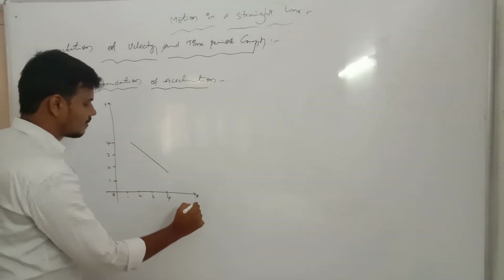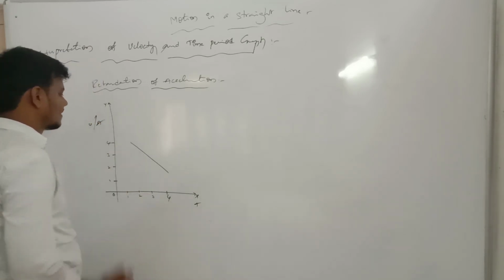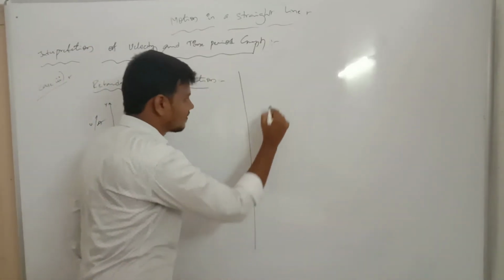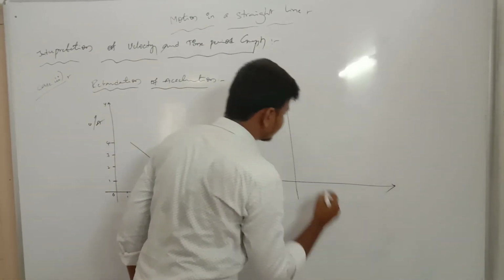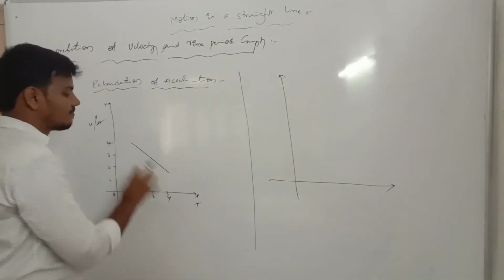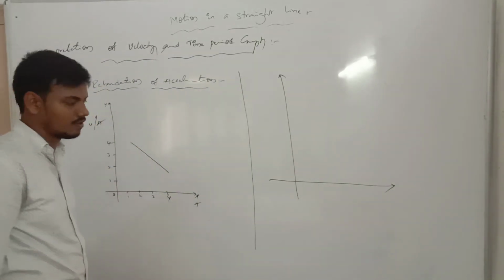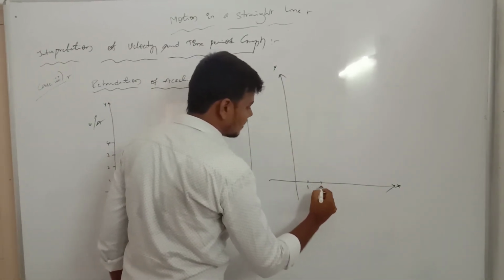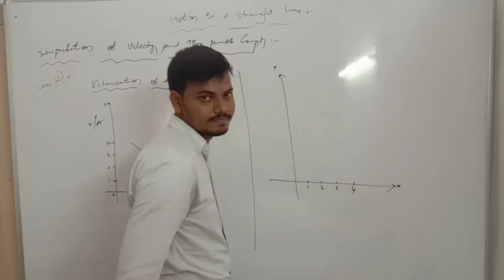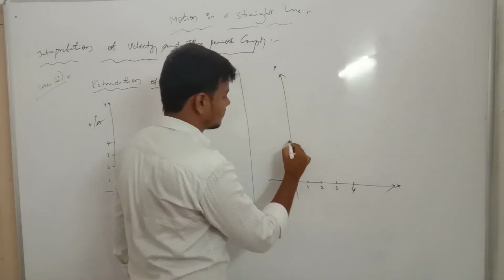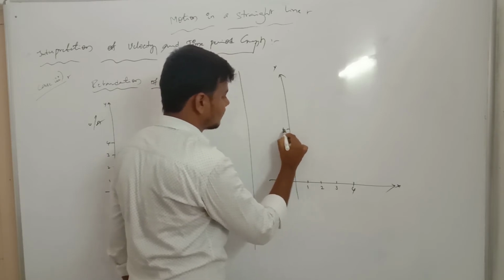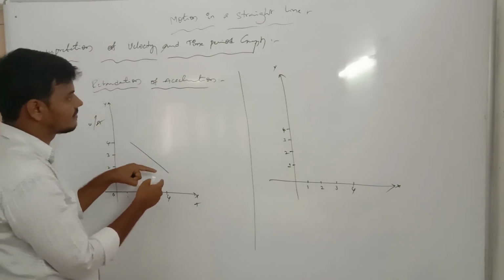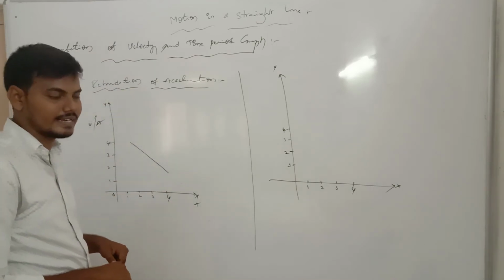Okay, always the x-axis will be the time period, and the y-axis velocity and acceleration. Now the acceleration graph will be the same. This one is always uniform, meaning a straight line. Now we are getting a straight line. X-axis, y-axis, 1, 2, 3, 4. This one is always decreasing. Decreasing means velocity will be decreased, and this is taken as retardation.